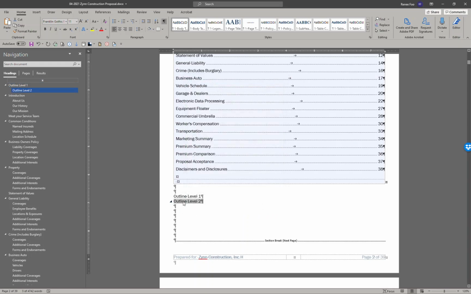Again, nothing changes within the body of the document. However, on the navigation pane, I now have a second new entry where it reads outline level 1 and outline level 2. So you can see that outline level 2 is indented. If I were to change